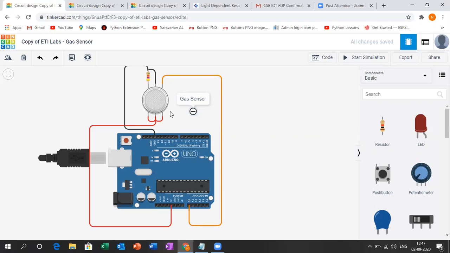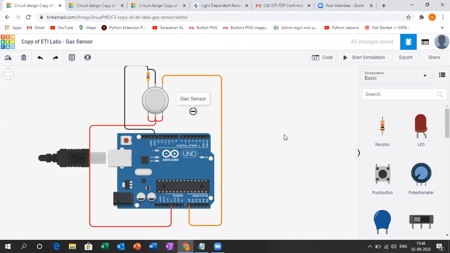The gas sensor is used to sense the presence of gas, where you put this sensor in a room or any place. Many types of sensors are available in the market, like MQ2, MQ3. They are used to detect the presence of gas like LPG, methane, and any leakage. So it detects and starts the alarm or indicates to the person that there is a leakage.